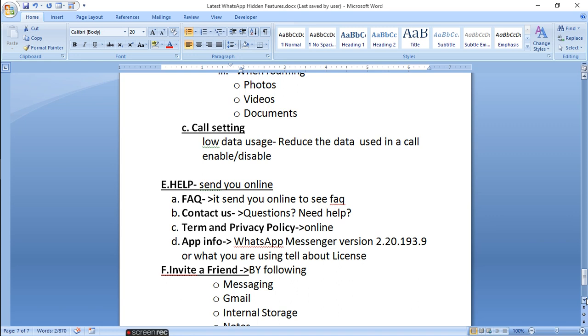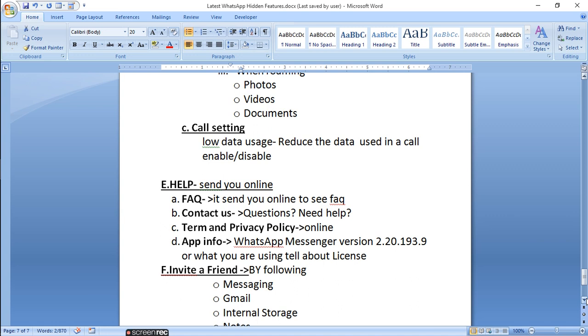Terms and privacy policy online: all these facilities are online, in which you have to inquire about everything online. App information, WhatsApp Messenger: it shows the WhatsApp Messenger version you are using, and also tells about the license.